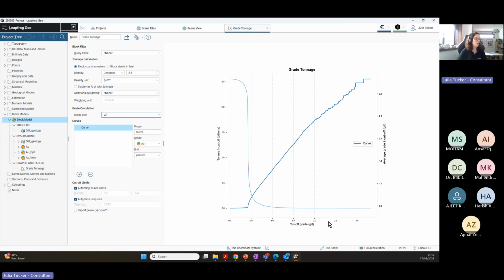And this is the tonnage that we are going to have. The cutoff grade that was calculated for here would be really near 0.5 for us, considering our gold data right here. So now that we have already gotten to the report that was the most important for us, we can now